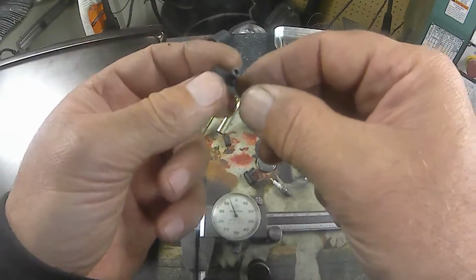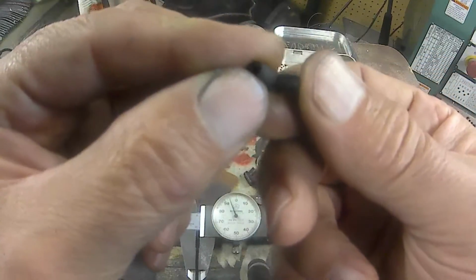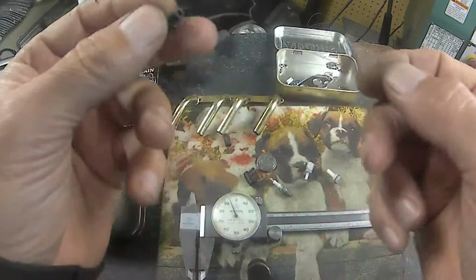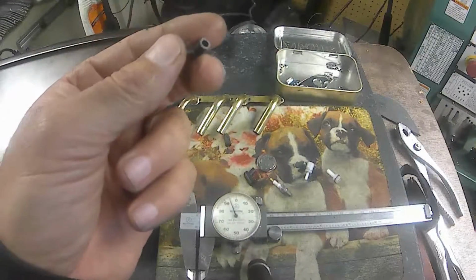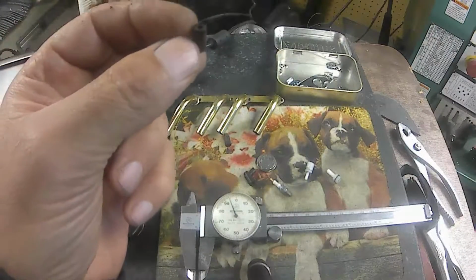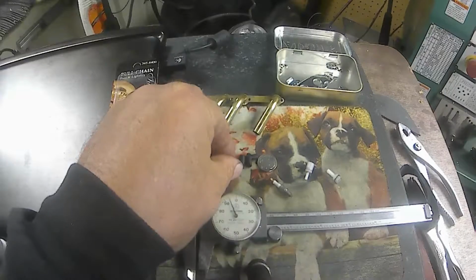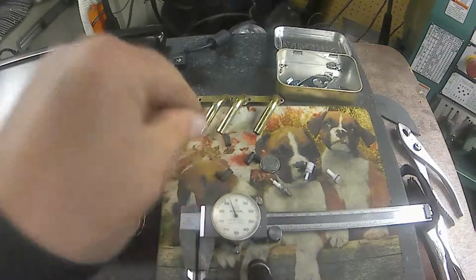And this is the one from yesterday. It's got a little tiny tear, but you don't even notice it as long as I don't pull on it real hard. I reefed on it pretty good with the pliers trying to pull those out yesterday. I'm very surprised at the tensile strength of it. I pulled, and it didn't even faze it. So it's pretty good stuff. I'm thinking about maybe redoing the mold anyway,